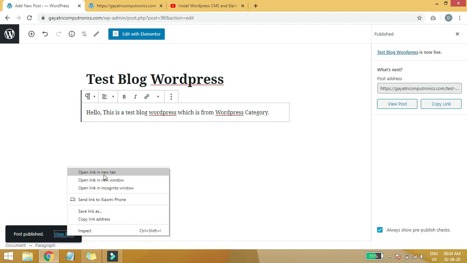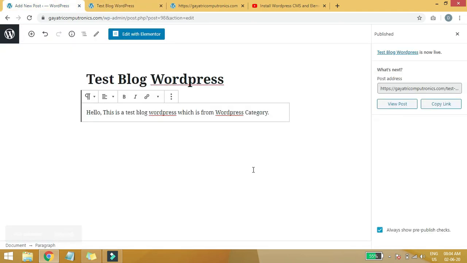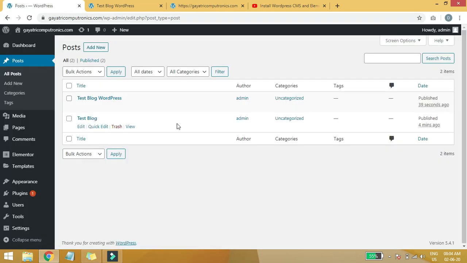Okay, from here we can see our post. Why can I not see my post? If I click on the blog link, I cannot see my post. Why is this so? Because I have done some settings in my code file, so it is not a problem. I will show you later how we can achieve this display here. First of all, let's create all our posts from the admin panel.